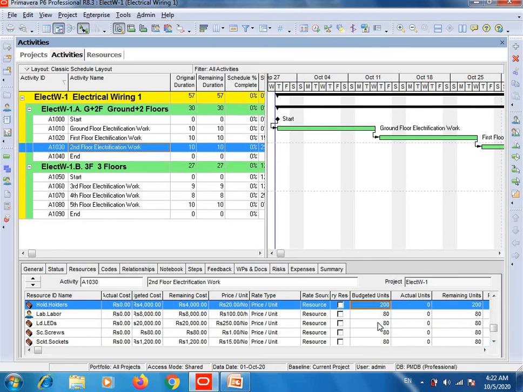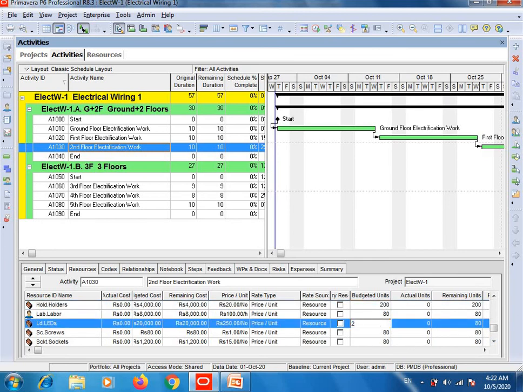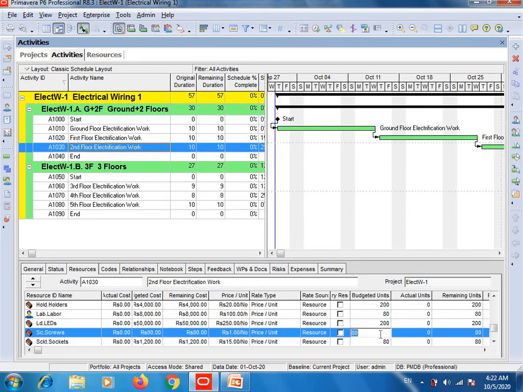LEDs, 200 LEDs as I did, 200 entries for holders. Screws, for example 300 screws will be used. Sockets, let's assume 150. So your first WBS activities are done.